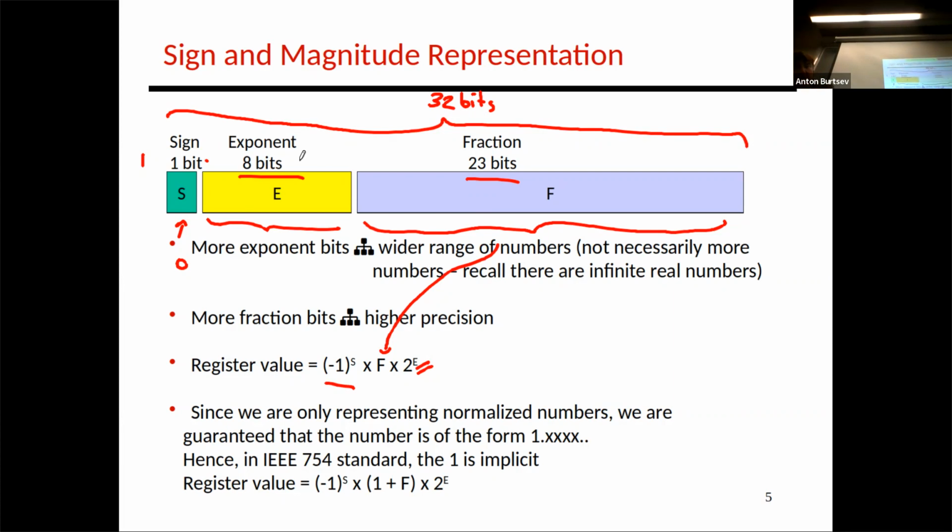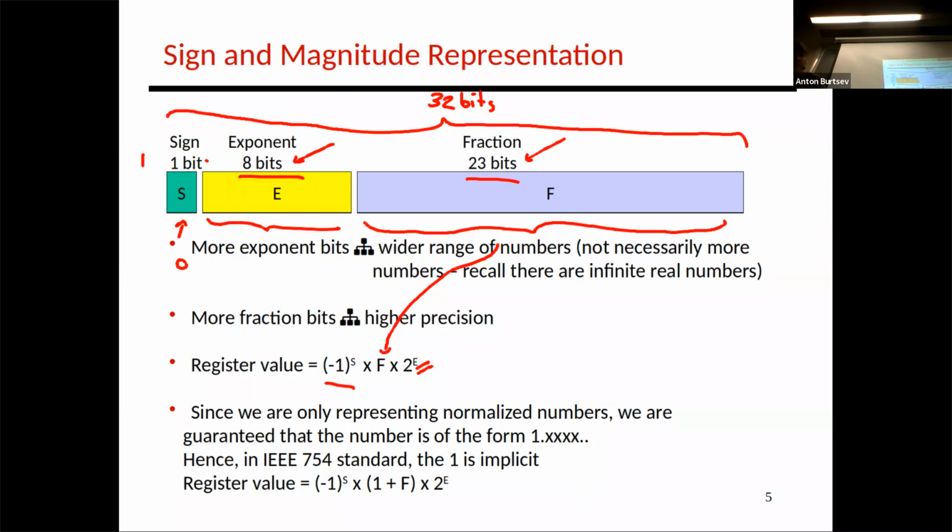But why do you think it's a meaningful choice to take 8 bits for the exponent and 23 bits for the fraction? Or what would be the trade-off? What if we split it roughly in half, like 15 and 14, for example? Depending on which way you go, you can either have a higher range or more precision.